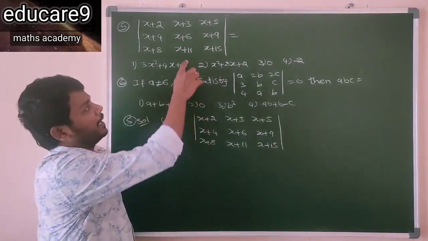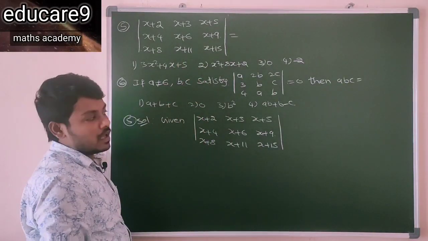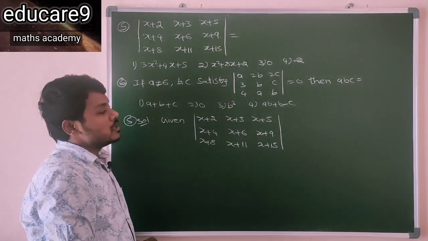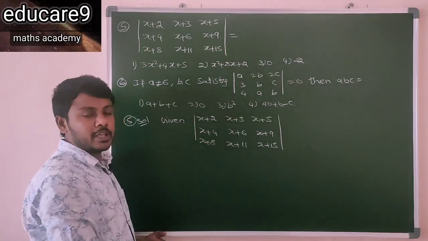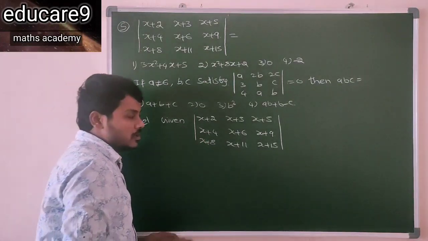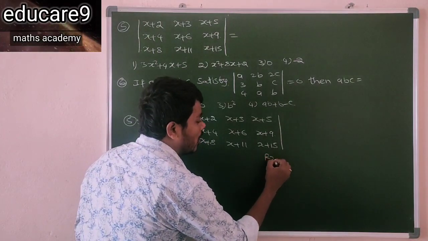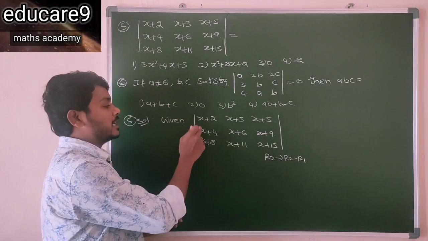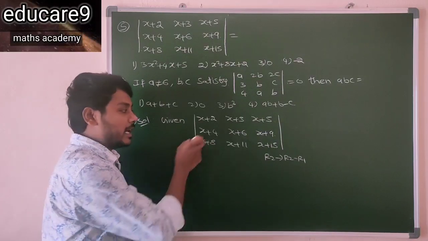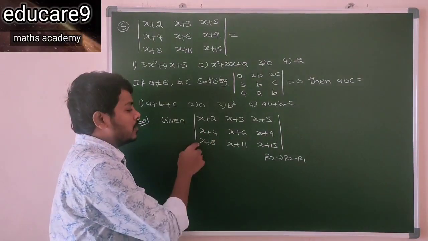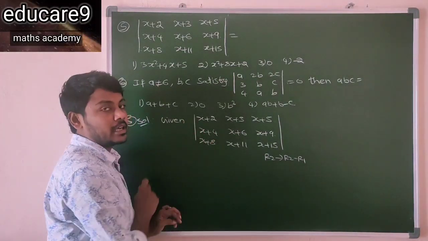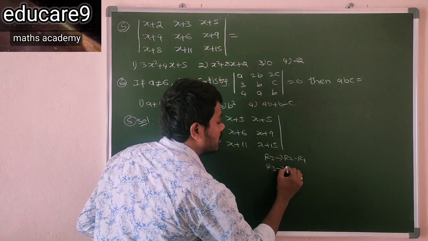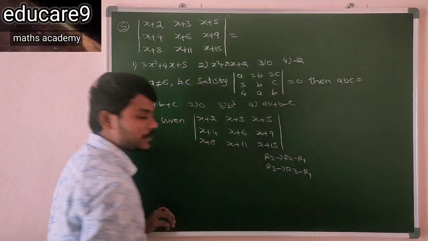You want to find determinant of this value. So here all terms are sum of two terms. So you can reduce sum of two terms into single terms. So for that we have to do R2 changes, R2 minus R1. So here we get x get cancelled. You will get the single term. And similarly R3 minus R1. In that case also we will get single term. Here R3 implies R3 minus R1.